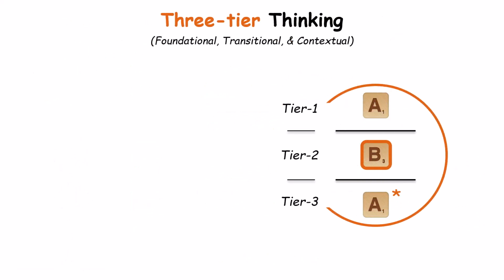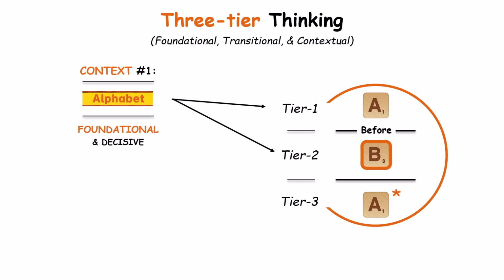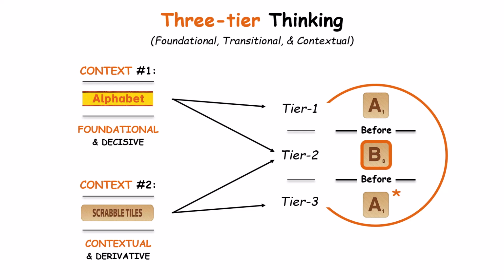Now we're ready to break down the key aspects of three-tier thinking, its foundational, transitional, and contextual nature. We start with the alphabet as the foundational context, assigning A before B in tiers 1 and 2 based on alphabetical order. Then we move to the derivative context of Scrabble, assigning the values of tiles B and A to tiers 2 and 3. Notice the familiar orange color marking B at tier 2, highlighting its transitional and pivotal role,